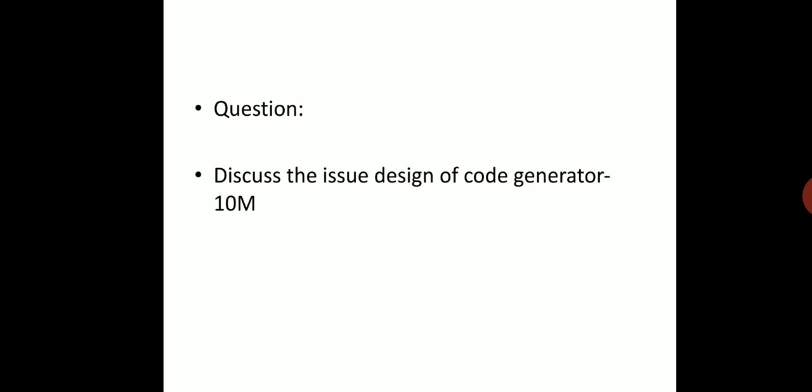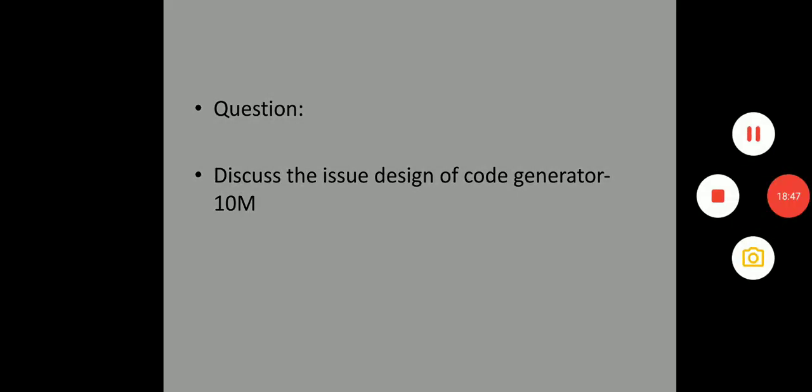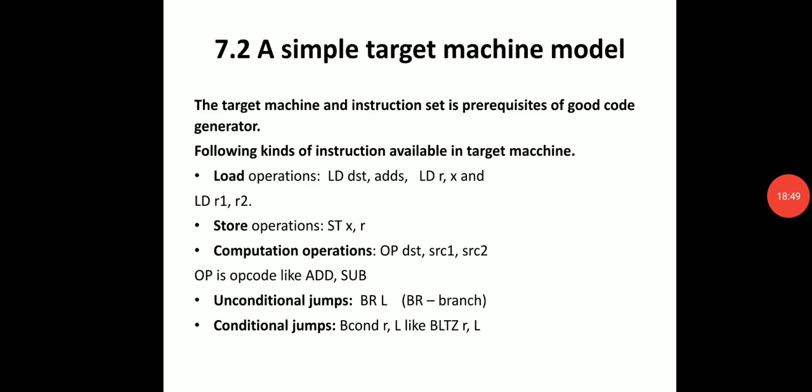So in the exam the question may ask like, discuss the issues in the design of code generator. Now next point is the target language. So for designing a good code generator, it is necessary to have the prior knowledge of the target machine and the instruction set used for the target machine. Okay, just now we have discussed we should have the prior knowledge of the target machine, what architecture that machine is following, whether RISC architecture or CISC architecture is followed. That information is needed while generating the code generator.